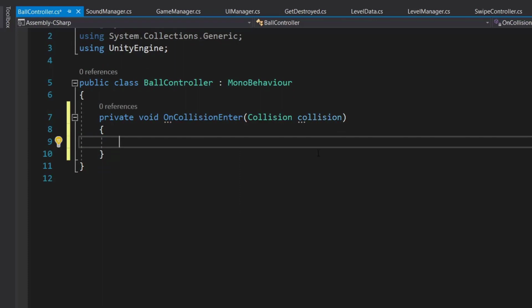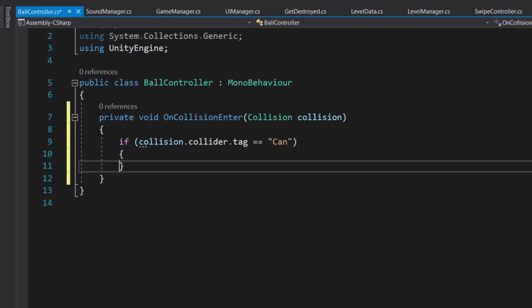we get this method. So here we will check if our collision, this collision dot collider dot tag is equal to our can. So we need to set the tag of our can to can. So if it is a can, then we will play our can hit effects.